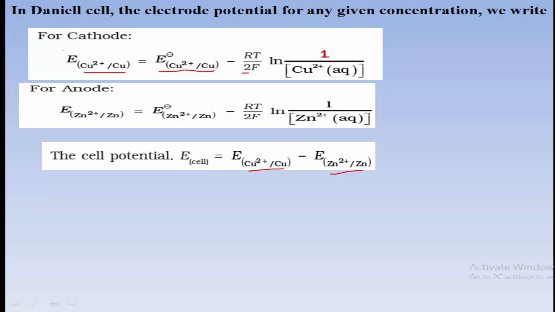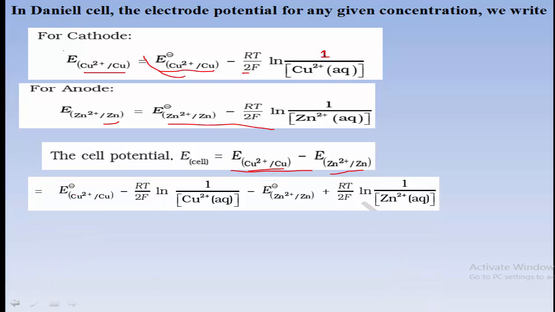So substitute the electrode potential values of copper and Zn that are calculated by using this formula. Substitute that, and Zn plus 2 bar Zn is equal to this value. So substitute those values in this equation. What you will get? E naught, standard electrode potential of copper, minus RT divided by 2F ln 1 divided by Cu plus 2, minus standard electrode potential of Zn plus 2 bar Zn, RT divided by 2F ln Zn plus